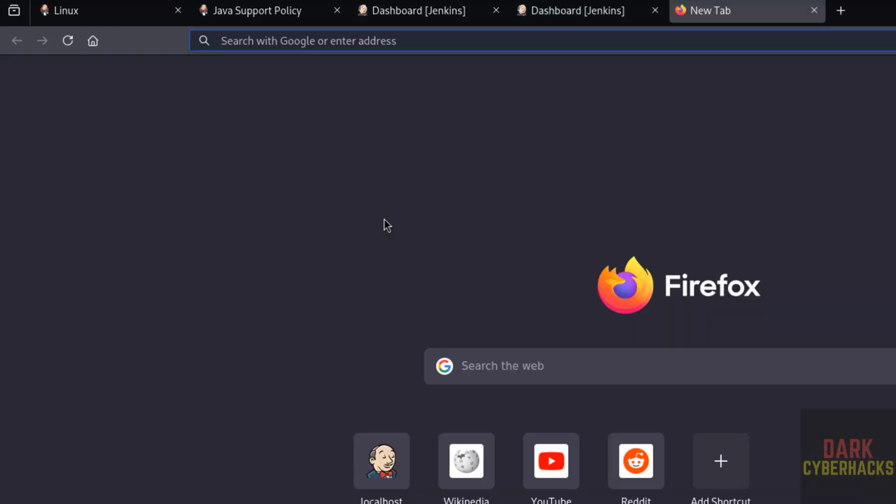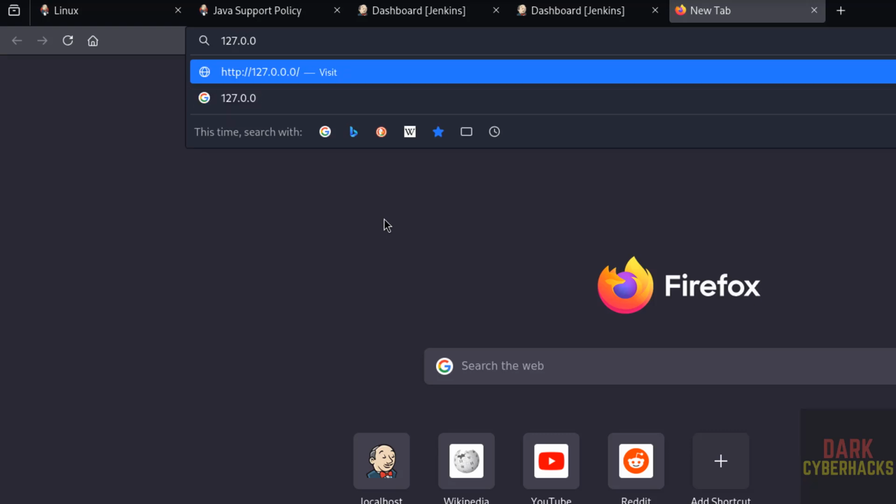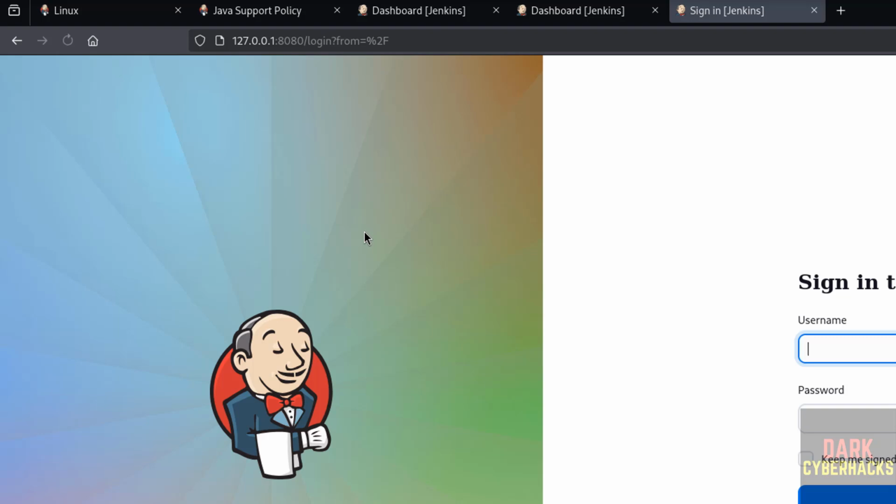You can also connect with loopback IP because it is installed on this PC with 127.0.0.1. Give the port number same 8080. So you got the same sign-in console to Jenkins. Okay. So in this video we have seen how to install and configure Jenkins latest stable version on